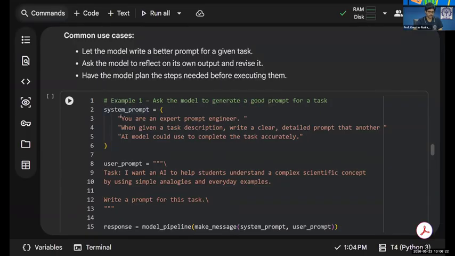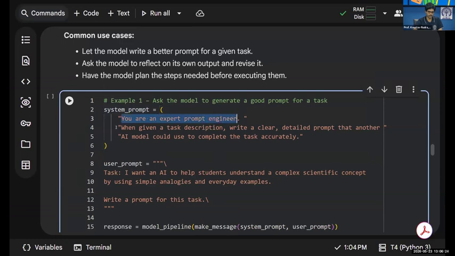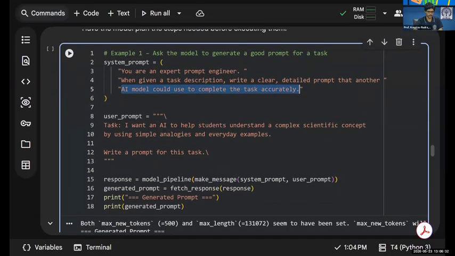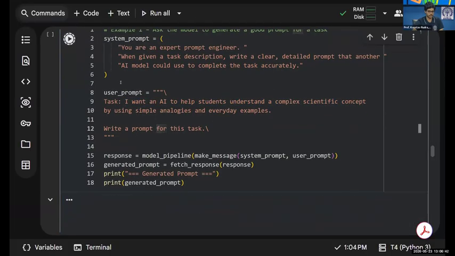Yeah, so the system prompt is, you are an expert prompt engineer. When given a task description, write a clear, detailed prompt that another AI model could use to complete the task accurately. And the user prompt is, I want an AI to help students understand a complex scientific concept by using simple analogies and everyday examples. Write a prompt for this task. Okay, so if I now run this block,